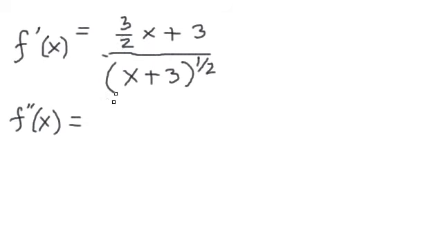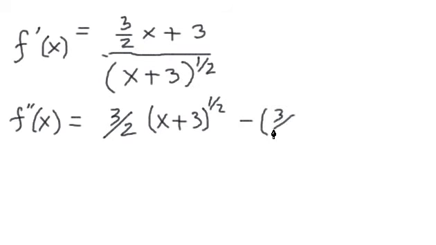The derivative of the numerator is just 3 halves times the denominator, which is x plus 3 raised to the half, and then minus the numerator, 3 halves x plus 3, times the derivative of the denominator. So we take the half out front,